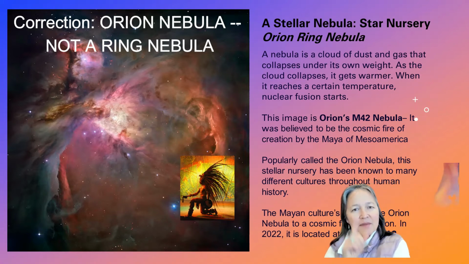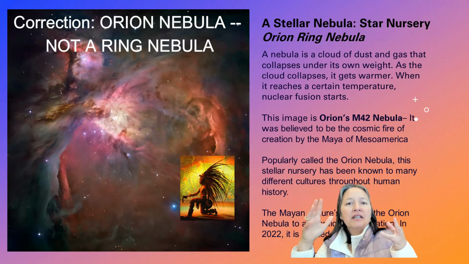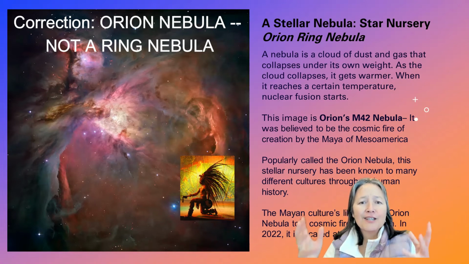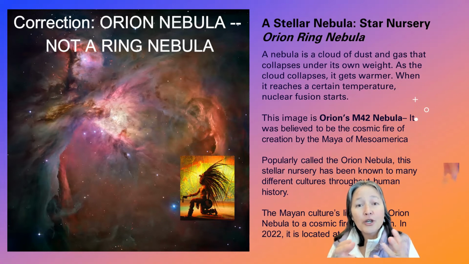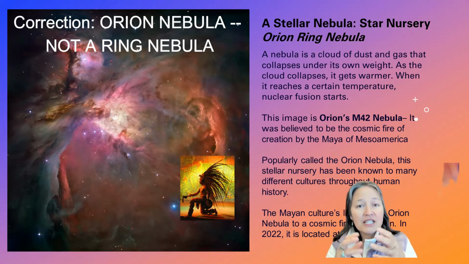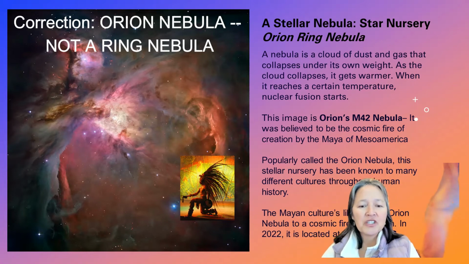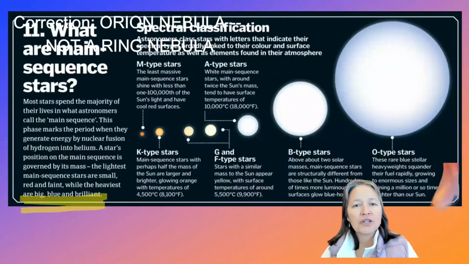This is in the year 2022. So isn't that interesting? I made that mistake of calling it a ring, but you don't see a ring, do you? You just see this beautiful nebula. Think of nebula as star nursery, baby stars. We're going to find out who wants to be a big star and who's going to be, because of your mass, who's going to be the small and mid-sized stars. And so we put the big stars in one area and the mid and smaller stars in another area. At least this is how the science of humans like to put it.